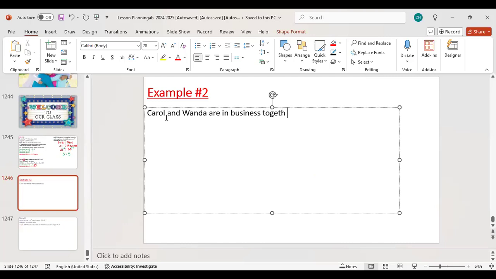together. They share profits in the ratio of their investments in the business. Please write this down for me, please. Write this down. Carol put